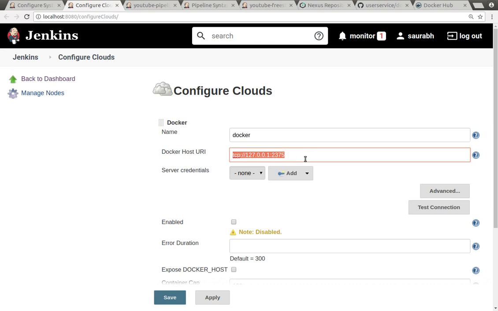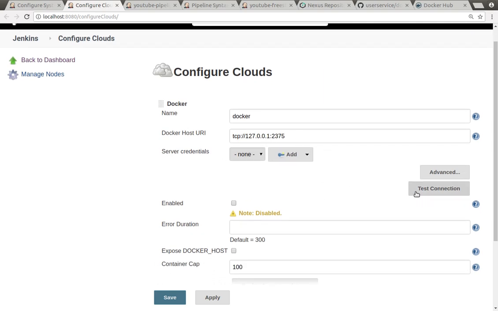I'll share the details of how exactly you can enable Docker daemon on different types of systems. Here, I'm using a Linux machine, which is Ubuntu, and I have enabled that Docker daemon. I have examples with a Windows machine also for how you can enable this Docker daemon. After that, you can configure it. Once you have given the protocol, where exactly Docker daemon is, you can test the connection. After successful configuration only, it will give you the version details of this particular Docker daemon.